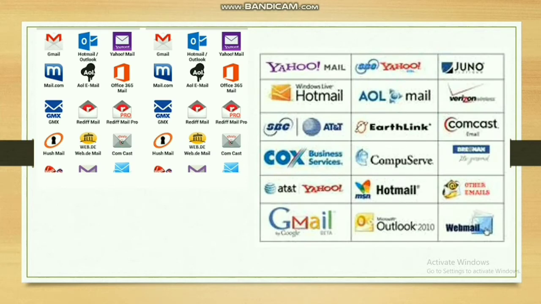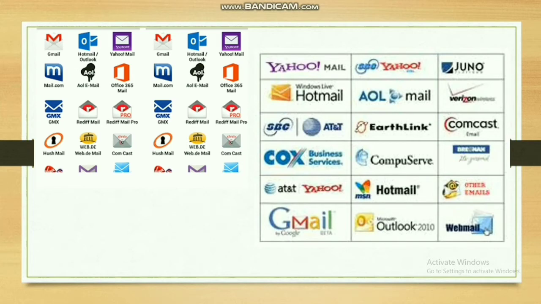These are the major email providers. Hotmail was introduced to the world by Sabeer Bhatia, an Indian, but in due course, knowing the potential of Hotmail, Microsoft purchased Hotmail from him.